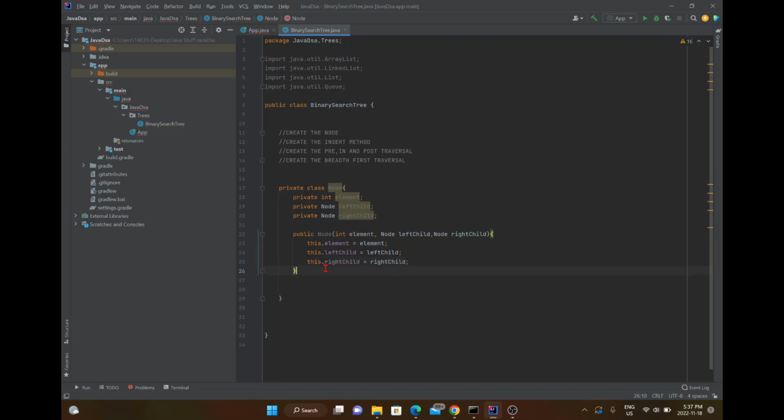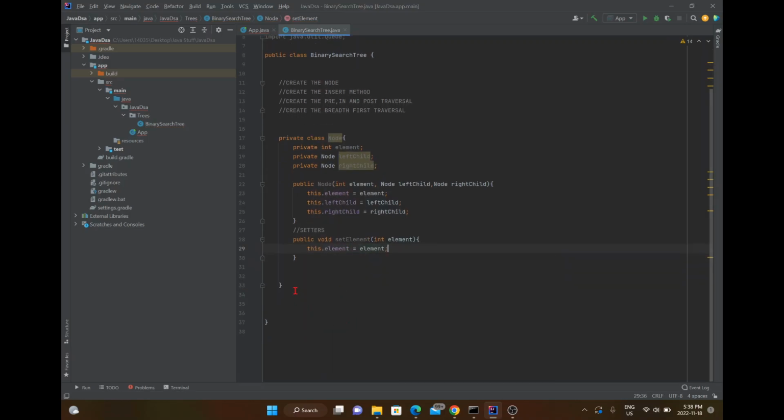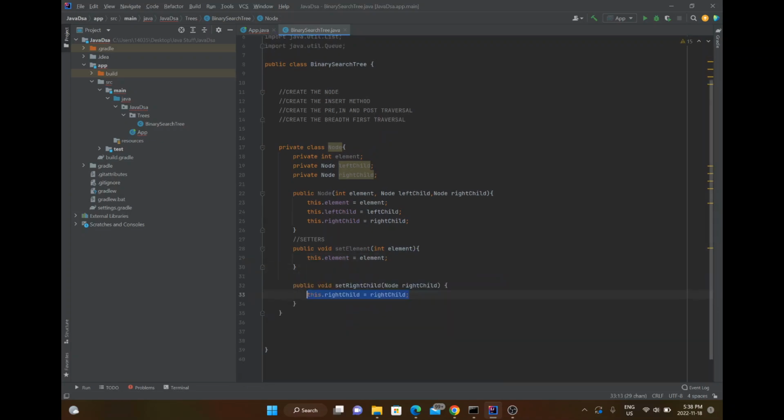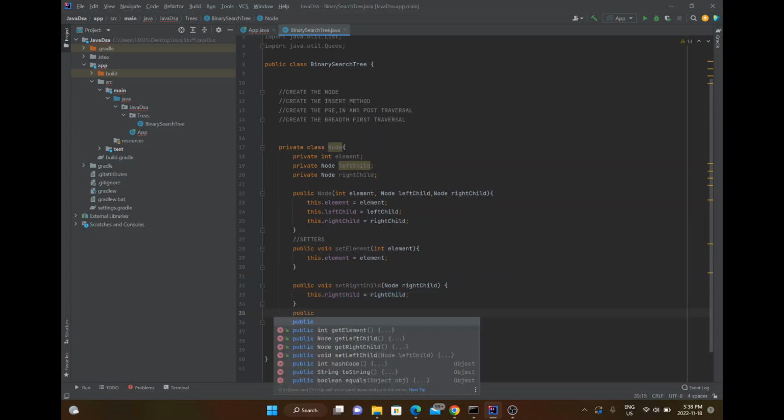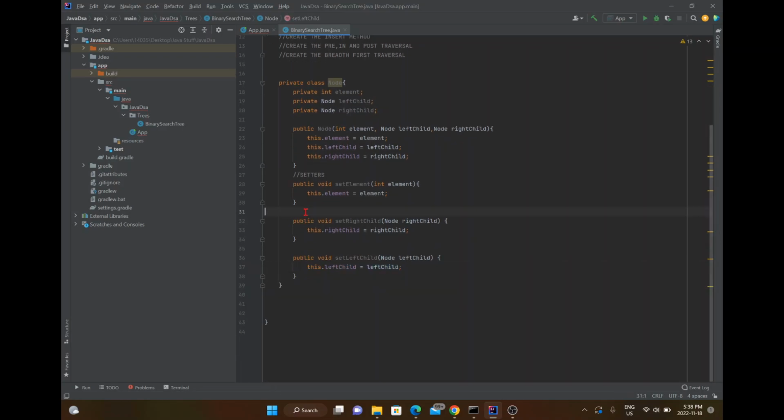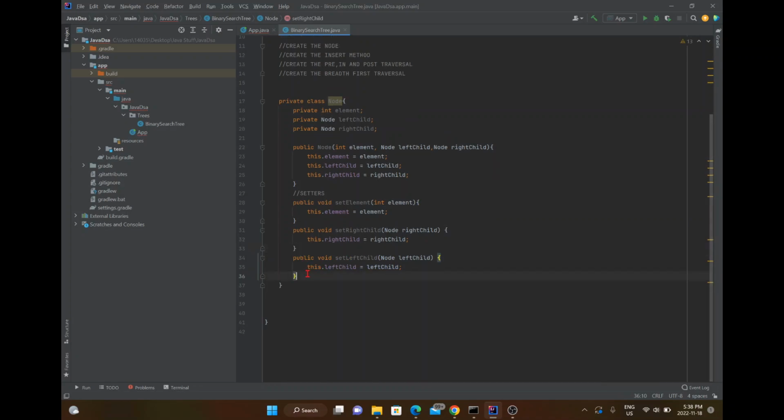Awesome, awesome. And then we just go ahead and we define the setters. So we'll say setters, we'll say public void set element, and we're just going to give this an integer of element. We'll just do this dot element is equal to element. Just scroll down here a bit, and then we'll say public void set right child, set that equal to right child, and then again public. Let me just scroll down here, set left child. Awesome. So now we get these setters,